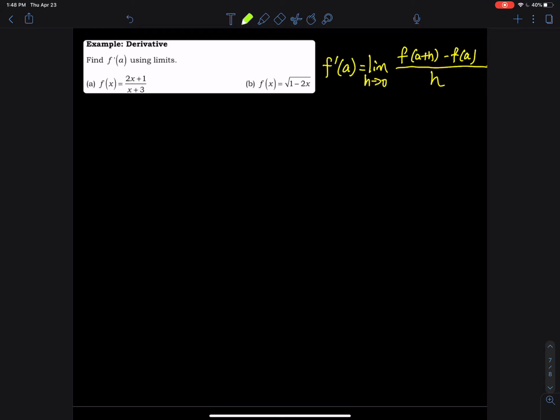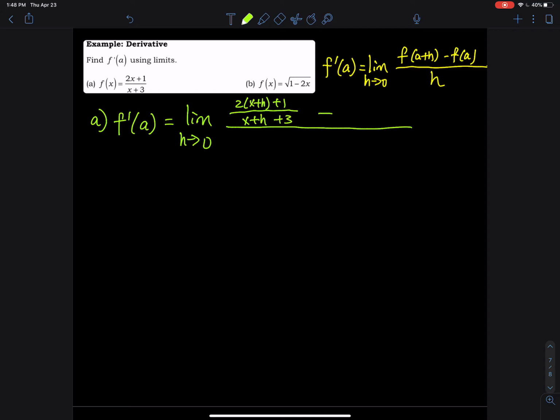So in part A, I have a function right there. So we have to start with f prime of a. So that equals the limit of a function, so we have h goes to 0. So for the top, we have a plus h. So you have to replace the x with a plus h. So 2 times (x plus h), use parentheses, plus 1 divided by x plus h plus 3. And then subtract f of a, which is just the function, 2x plus 1 divided by x plus 3,